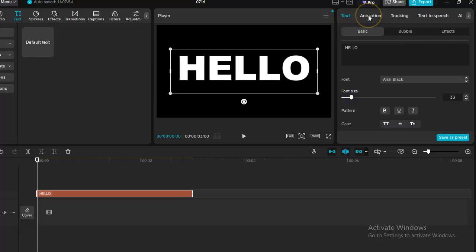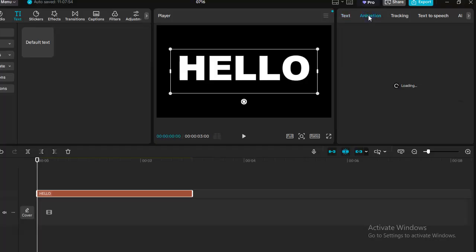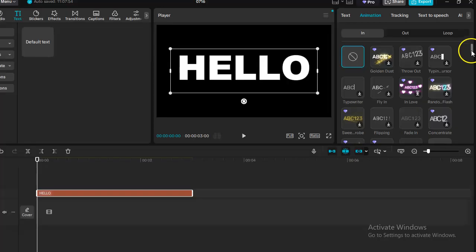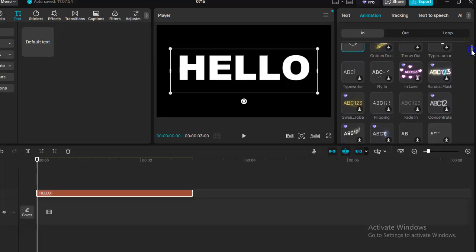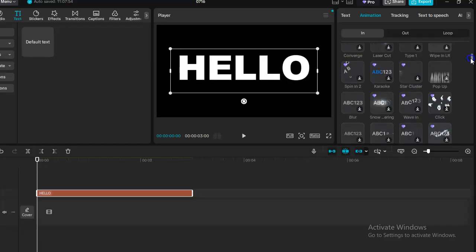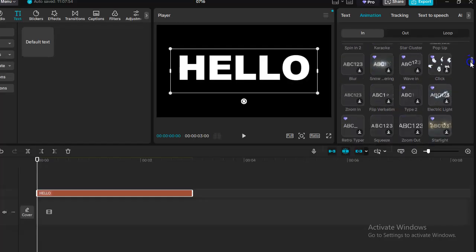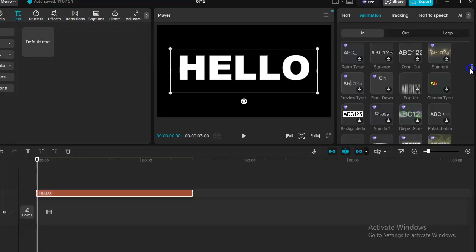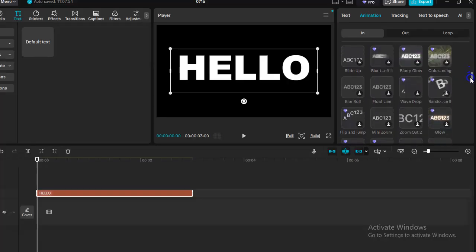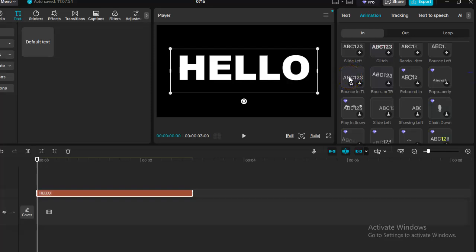After that, click animation, and then make sure it is in. After that, just scroll down until you find bounce in. Just click on it,